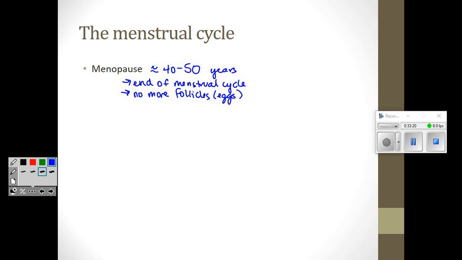You might remember that we said way back when we talked about oogenesis that a female is born with all of the eggs she's ever going to have. They just haven't quite finished developing. Once a month, one egg develops until she runs out. And when she runs out, that is menopause. At this point, estrogen and progesterone really, really decrease a lot. Normally, they would be made by the follicle or by what's left of the follicle when ovulation happens, but she doesn't have any left. So there is a huge decrease in levels of those hormones.